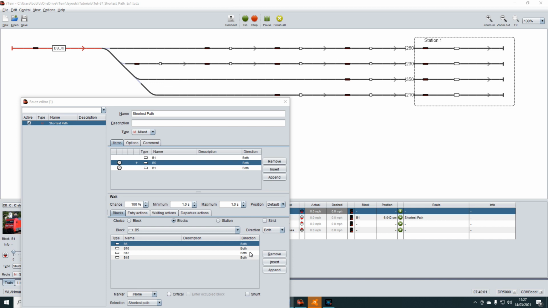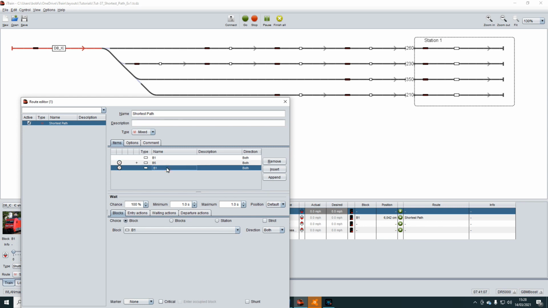All the blocks in the station are listed down here as usual, and this time we have selected the shortest path option. For this selection option to be active, we need to have a 100% weight at this step, and we've given it a 1 second duration. Then the final step is to return back to B1 from the station,